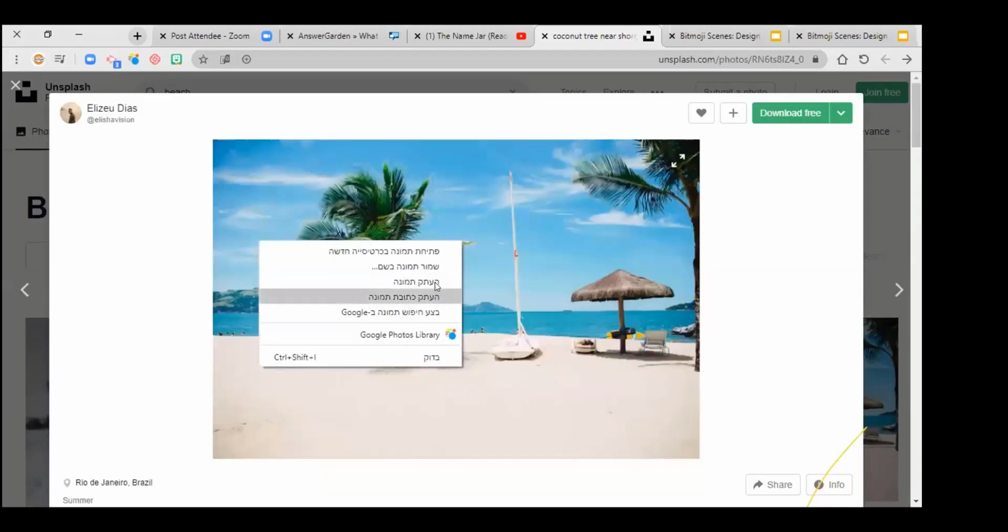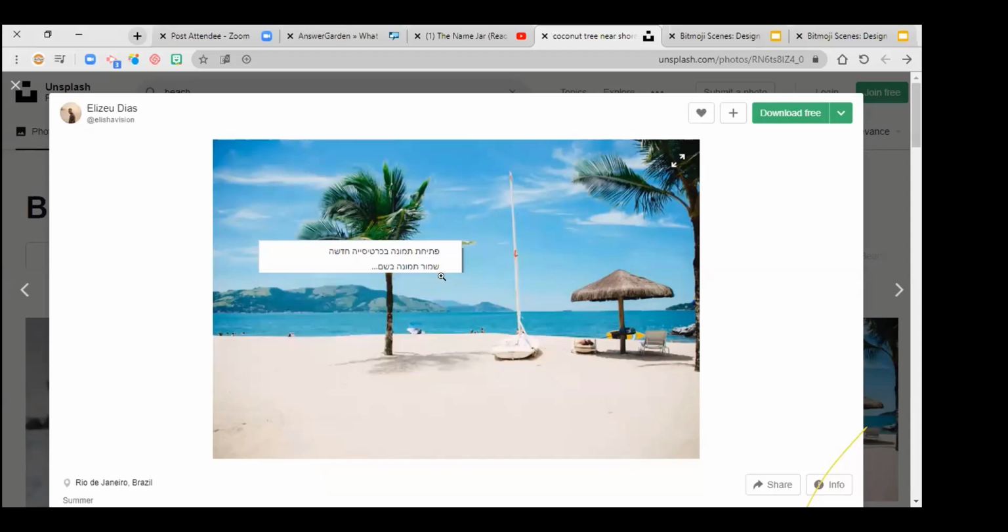These are copyright free, yes, copyright free. In Unsplash, if you're using it for your own use, then it's okay. But if you're going to send it to others to see, then you should write down the name of the photographer and then mention the site. So I'm going to copy this, and